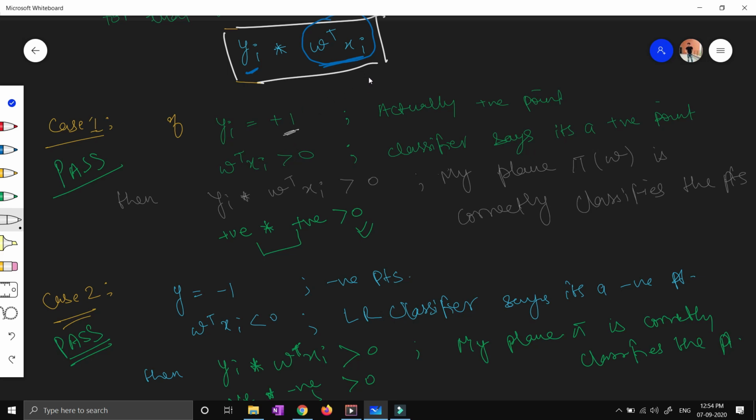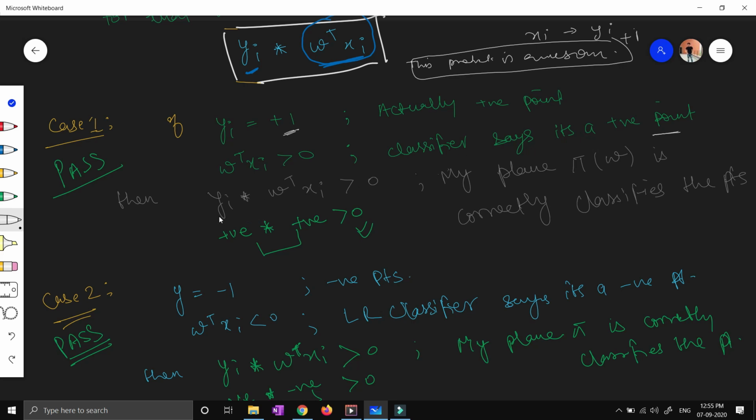So let's assume I have written "this product is awesome". This is my xi, and the corresponding yi or target is positive, +1. It is given to us in the data set. So yi is positive and w transpose xi is greater than 0, obviously, because we have calculated the distance and both are in the same direction. So our classifier says that it's a positive point.